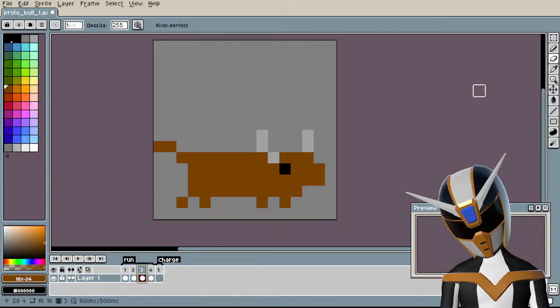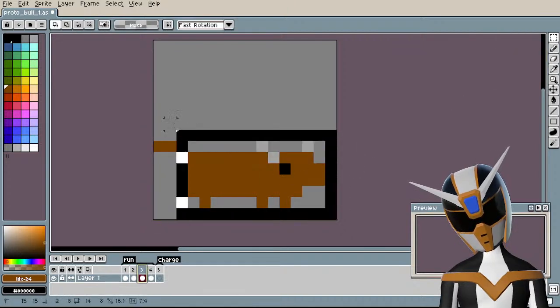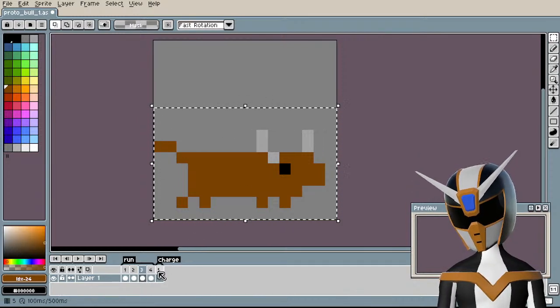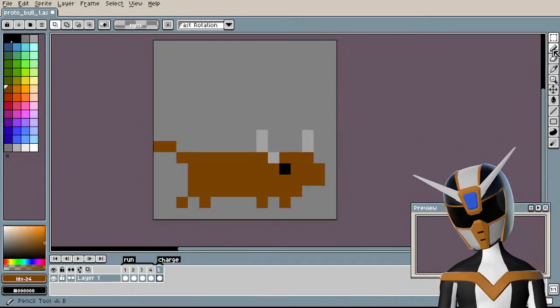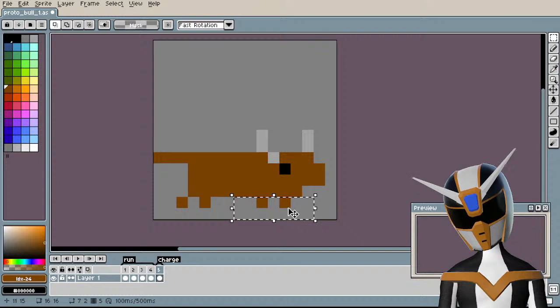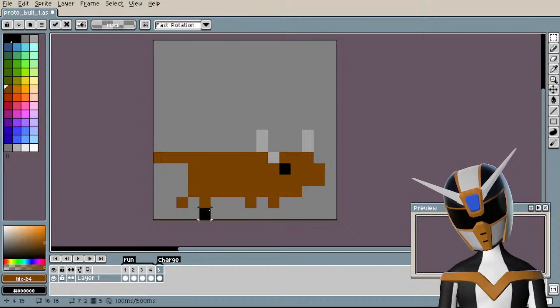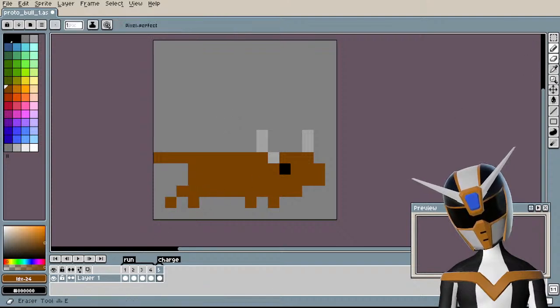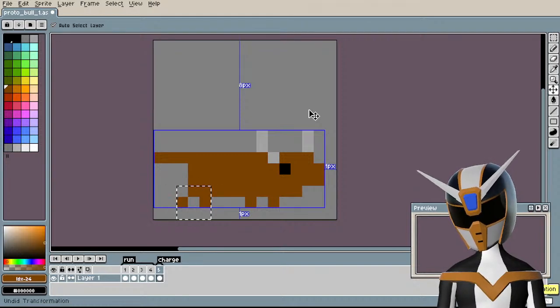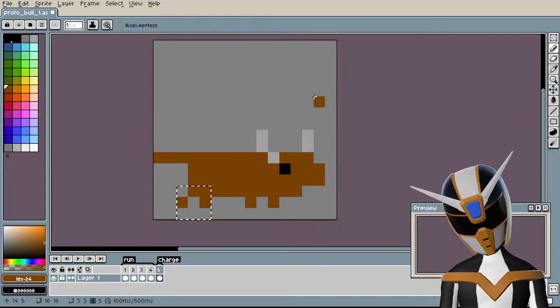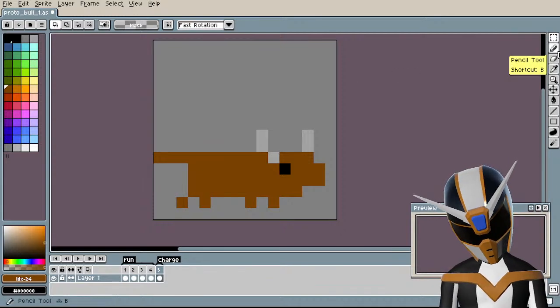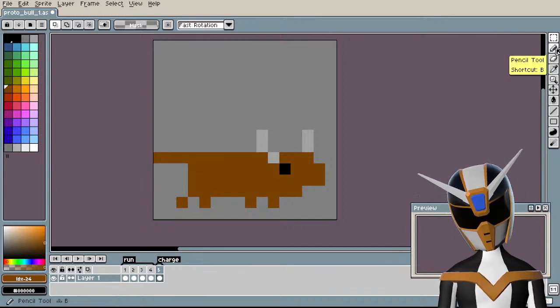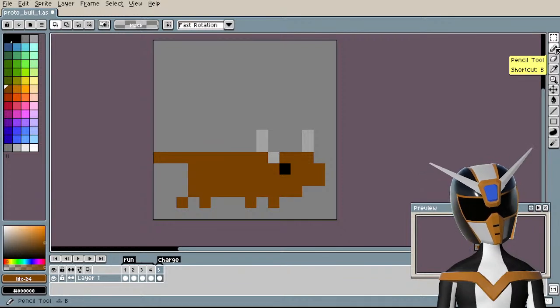So I think I'll take this frame, copy it, paste it. Let's move all the legs back that pixel. Maybe even move these back even more on this little spot. Nah, I don't like the way that looks. And then I want to make his head kind of pointing downwards, so his horns are facing forwards.